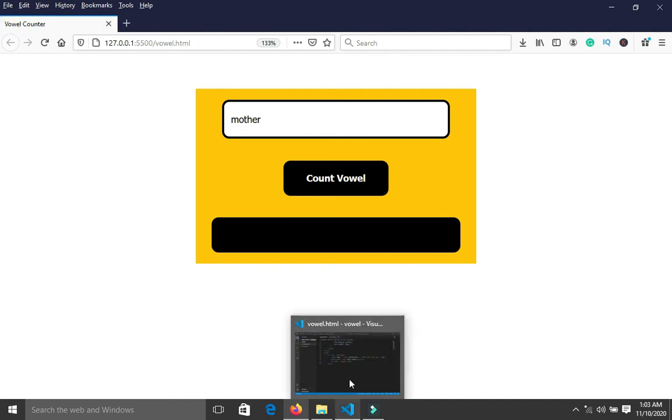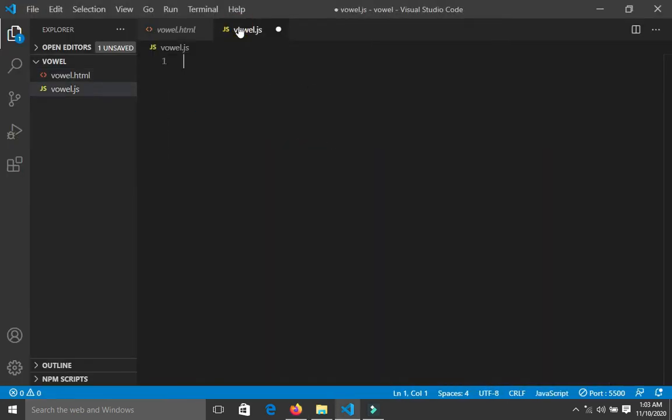So let's add our JavaScript to this. So here's our JavaScript file. Let's add our JavaScript to the project. What we're going to do is declare a variable called vowels. Let's set vowels equal to an array of vowels: A, E,